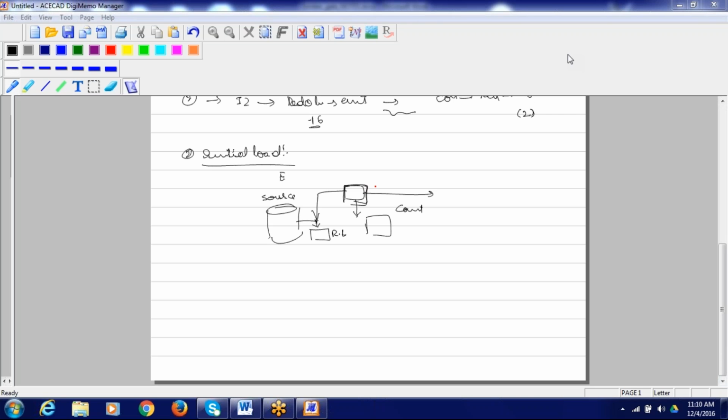In a similar way, the extract process sends only the committed transactions, not all the transactions. So in this way, the transactions will be filtered at extract level itself. And the next point is,